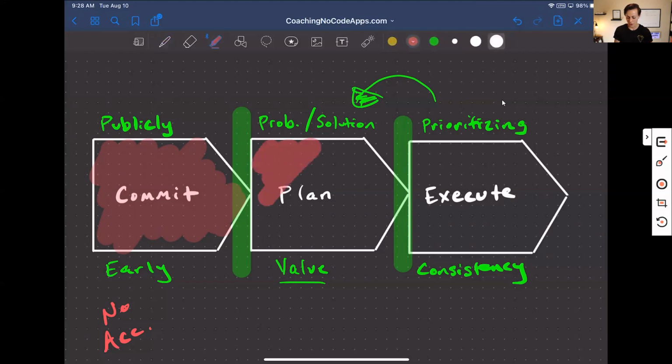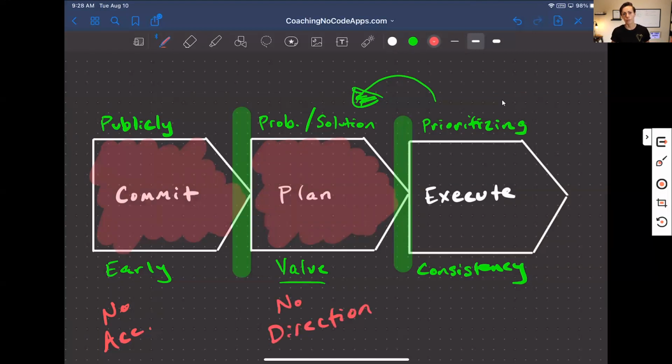Now, if you don't have the right plan, and remember, there's a very specific type of plan you want. You don't want some long, drawn out 30-page development business plan to launch your first version. Usually that just ends up turning into a lot of procrastination that's very unnecessary. Most things are going to change anyways. You need the right starting plan. Think of it like your starting blocks to help you build up momentum, to just initially take off with your app. If you don't have this plan, then you really just have no direction.